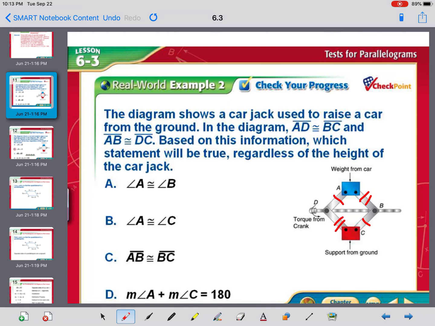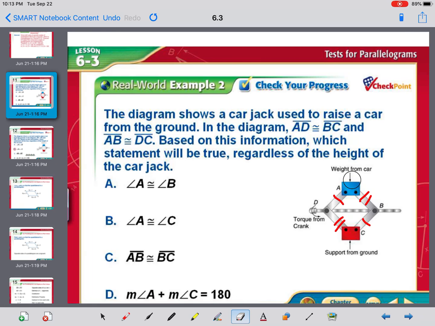Opposite sides are congruent. And AB is congruent to DC. Opposite sides are congruent. Based on this information, which statement will be true regardless of the height of the jack? Well, it says these two are equal. Here's A, here's B. We don't have anything that says such. We know they're supplementary because it'll be consecutive, A and B, but we can't say this, so it's not the